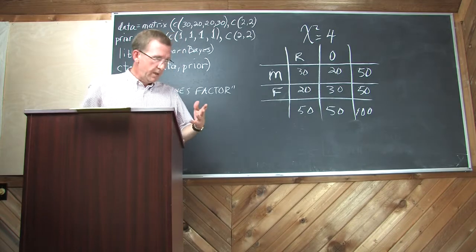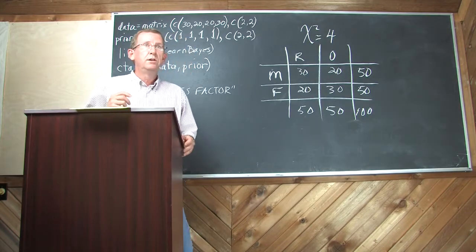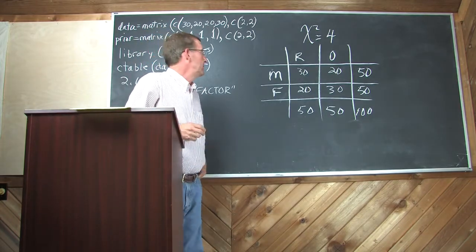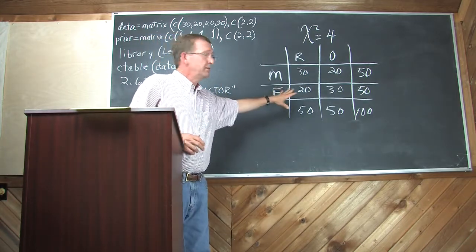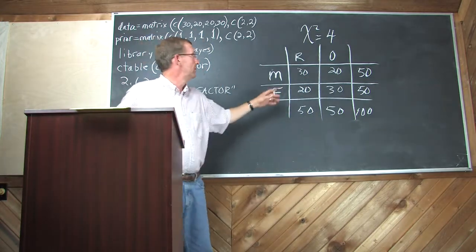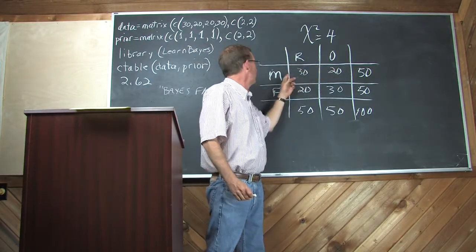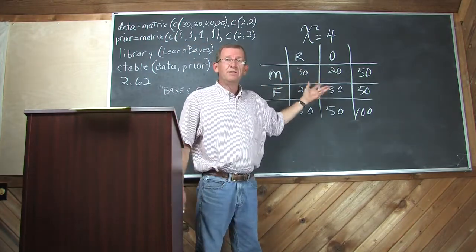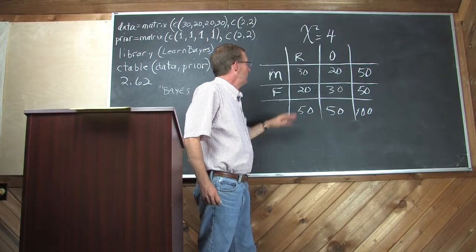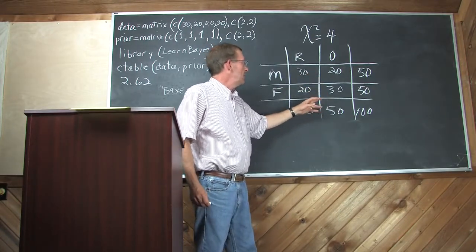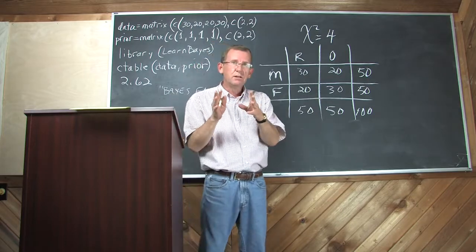Okay, a very brief epilogue to contingency tables, crosstabs, and chi-square. This is the original problem, the one where we've got Romney, Obama, male and female. I could have mismatched the labels, it doesn't matter. It's 30, 20, 20, 30. You know, the end result,